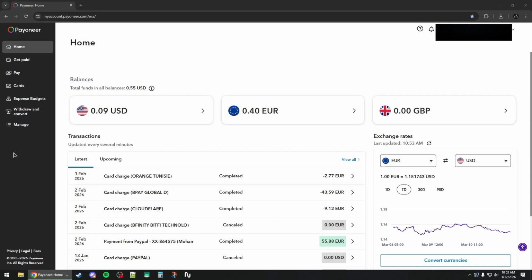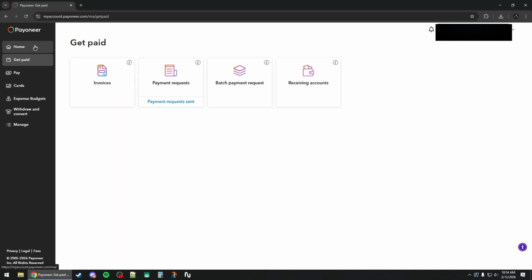How to deposit money into your Payoneer account. So the first method is receiving payments from companies, where you can open up your account and go to get